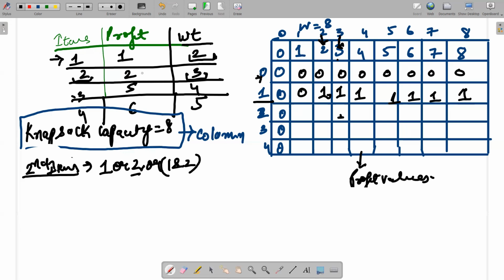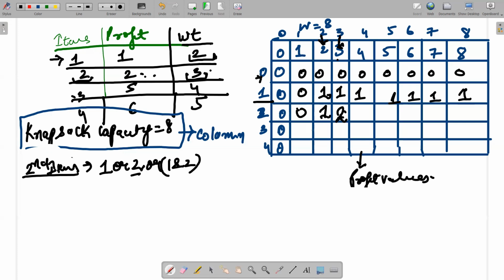The profit is 2. Now I can put item 1 in the bag, but item 1's profit is 1. So 1 or 2, I have to choose the best profit out of it. Clearly, the best profit is 2. Now, at weight 2, what will be the profit? At weight 3, we haven't reached anything because weight 3 profit is 2. Over here, weight 3 is there, profit 2 is there, but when weight 2 is there, profit 1 is there